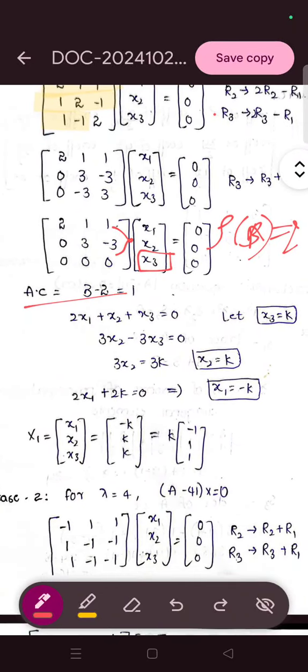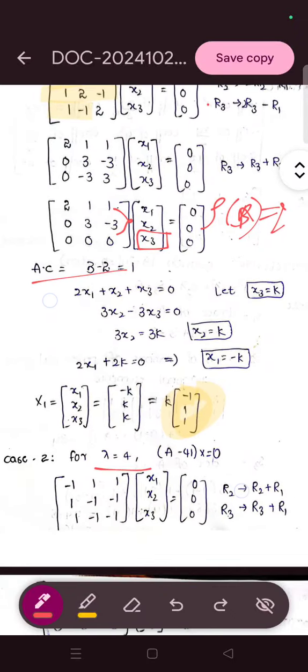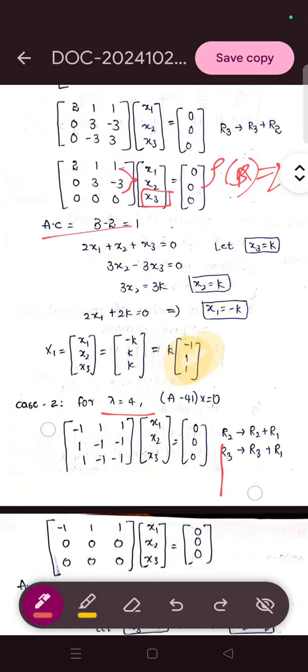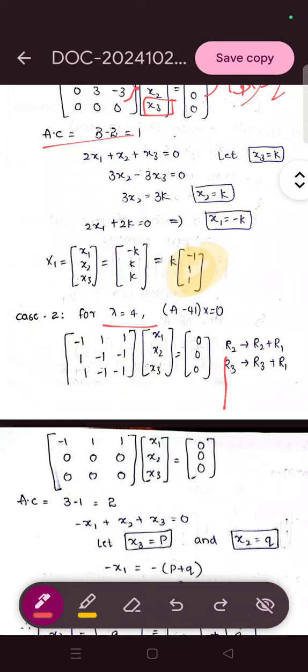We get X1 equals, substituting x1 x2 x3, the eigenvector minus 1 1 1 for lambda equals 1. Similarly, for lambda equals 4 we have to find the eigenvectors. Simply by using elementary row operations we are going to reduce this matrix